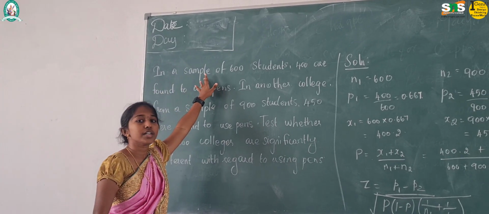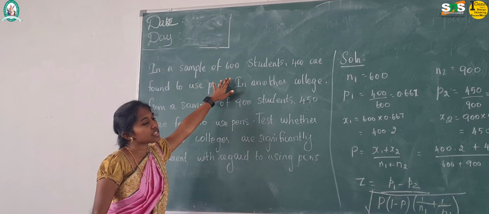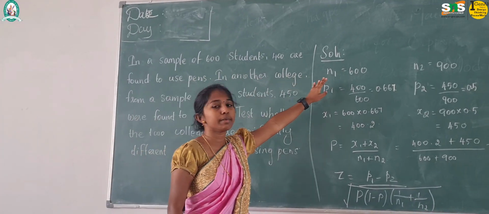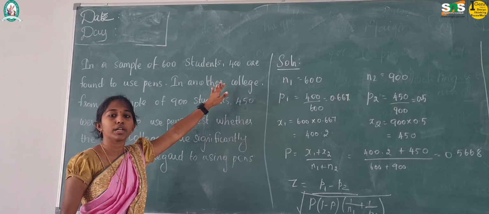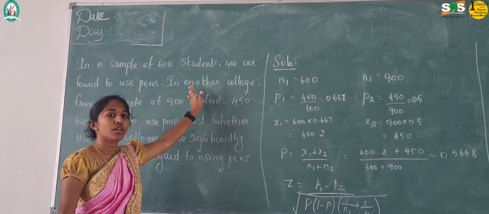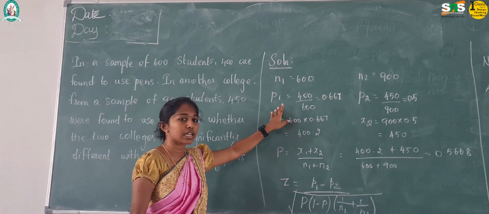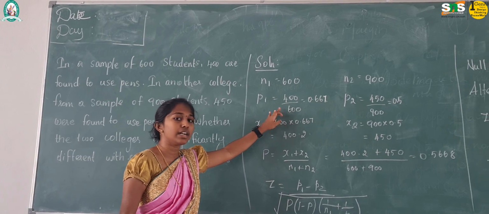The first college's sample size will be 600 students, so the value of N1 will be 600. Out of the 600 students, 400 students are picked. So the proportion for the first college, that is P1, is equal to 400 by 600, which implies